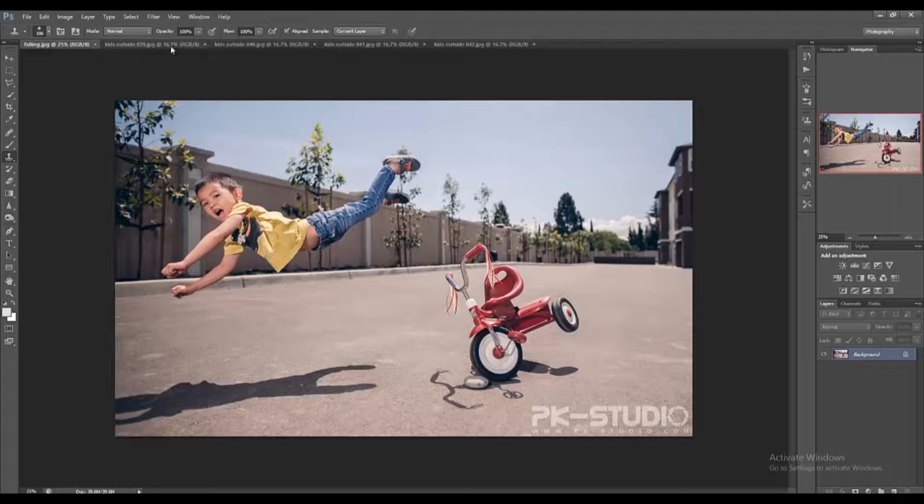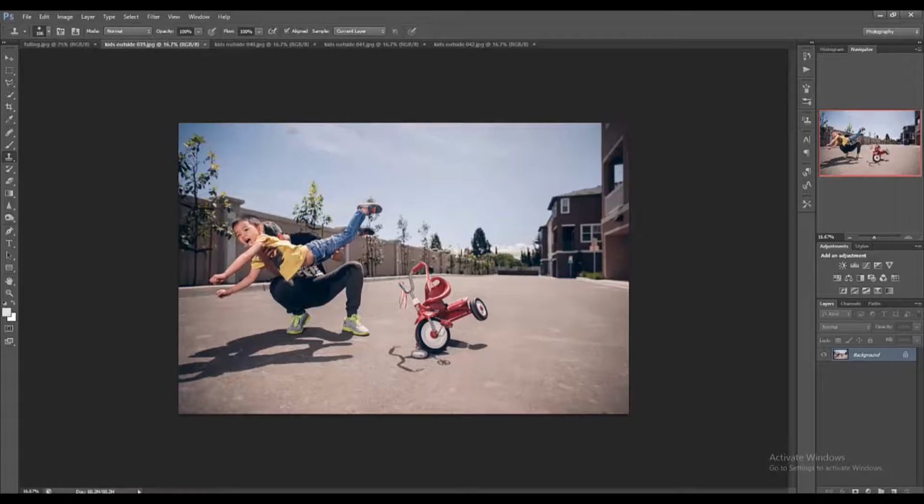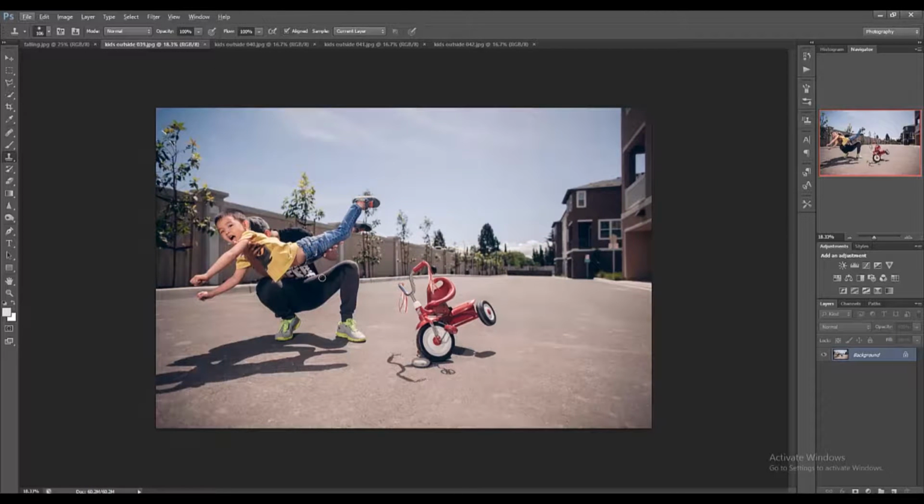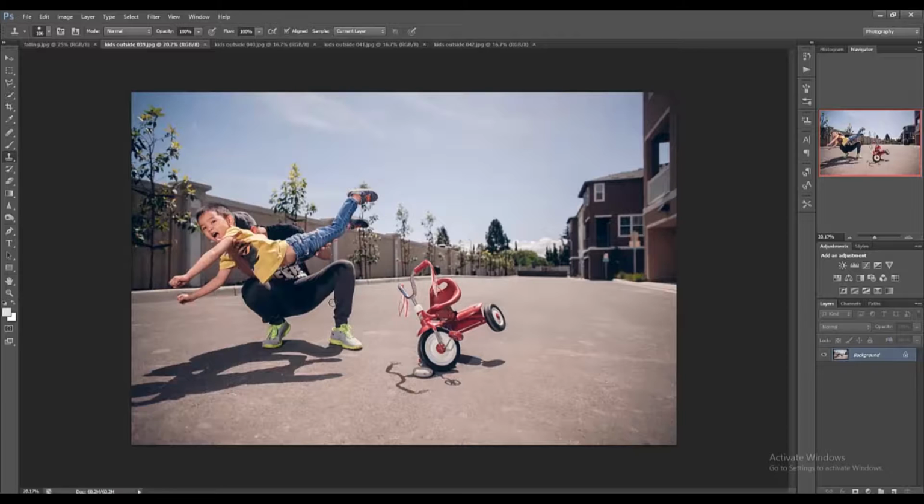So first, I have a photo of the bicycle or the tricycle, basically with one of the pedals sitting on the ground, causing this tilted position. And to the right of the photo, I have my son. I told him to act like he's just flying, and while I'm holding him up, as you can see, I'm